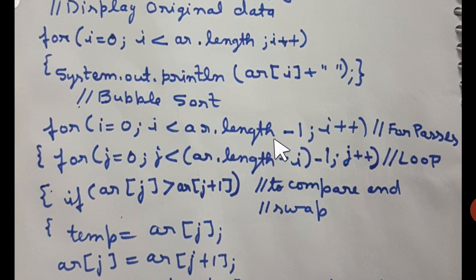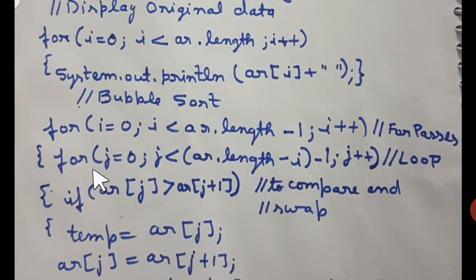That is for the number of passes. So I is initialized with 0. It will go up to how many passes? 4 passes are going to be there. For 0, for 1, then 2, then 3, right? So 0, 1, 2, 3. That is why minus 1 was also required and less than was also required. That's very important. Then i++, that is the update expression.